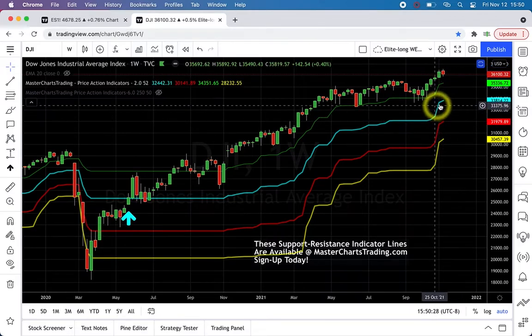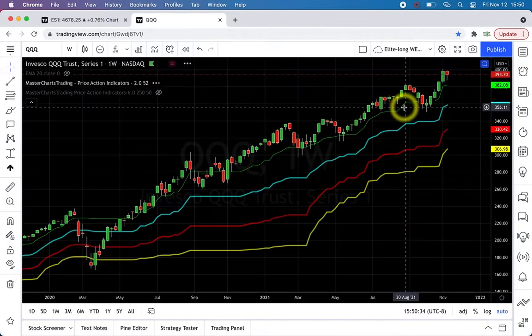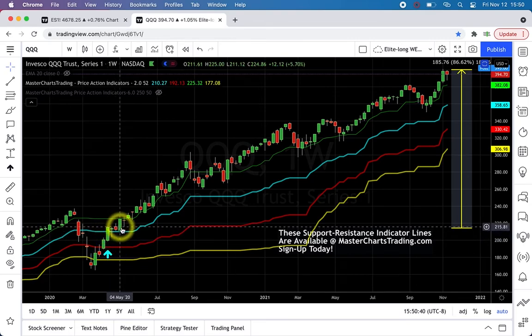There is a great point holding it. So that's why we trail at the blue support resistance line. Looking at QQQ, the gain was even stronger. If you are able to get in back in May, April, maybe as late as